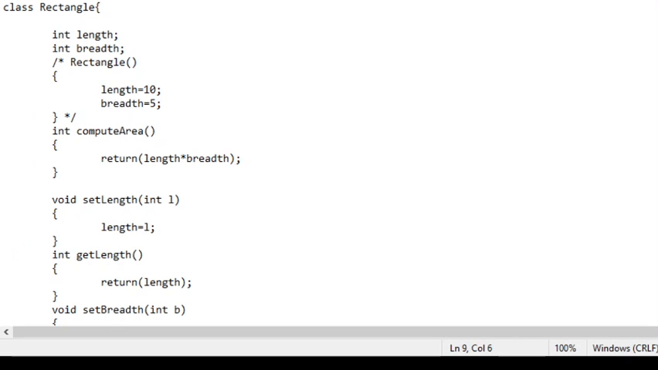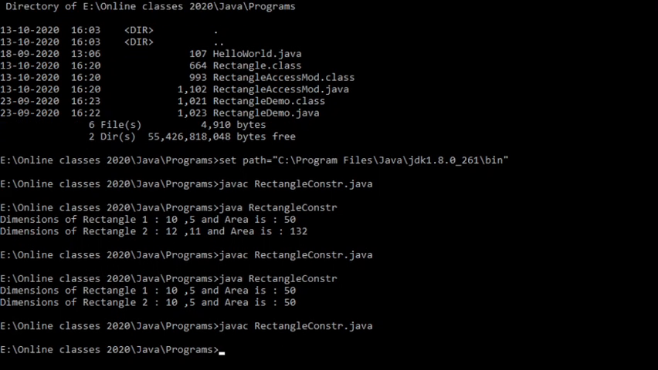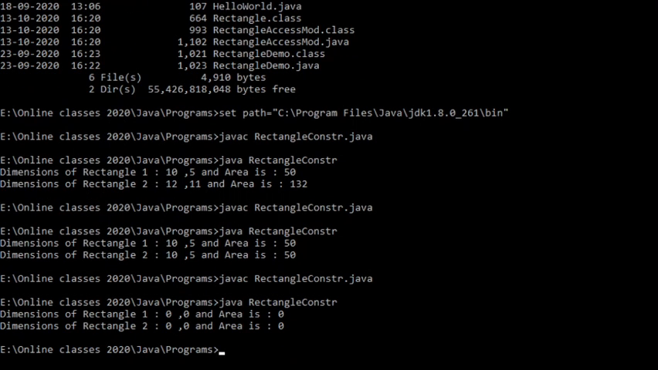Save and compile. It is compiling successfully. Run. So you can see both length and breadth are taking the value 0. So both are 0, so area is 0. Same for rectangle 2 also, both are 0, so area is 0. So what has happened is